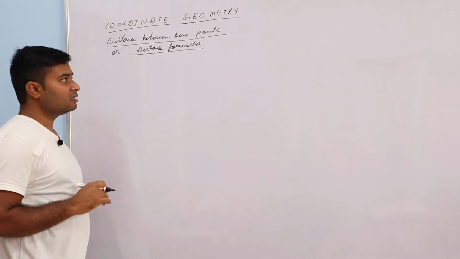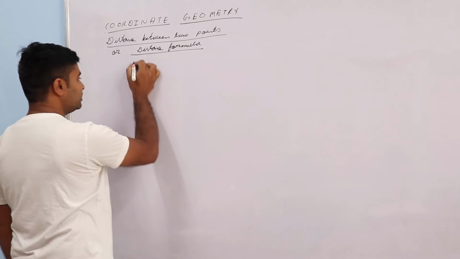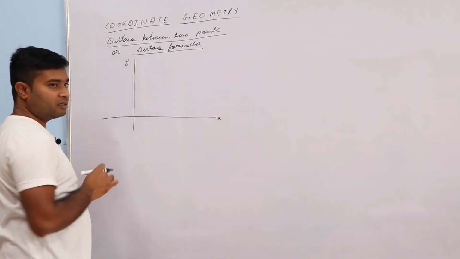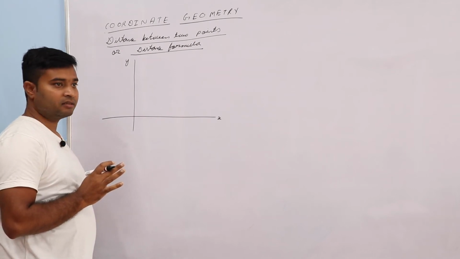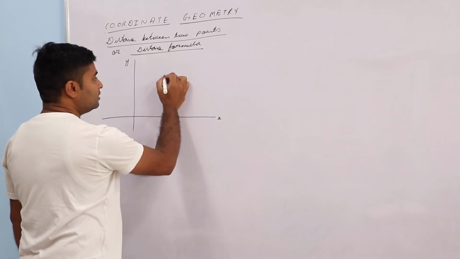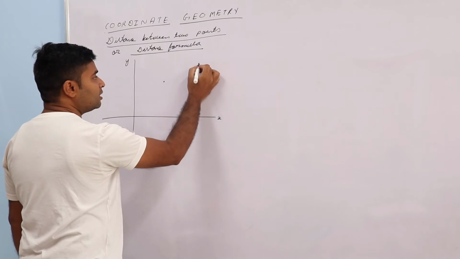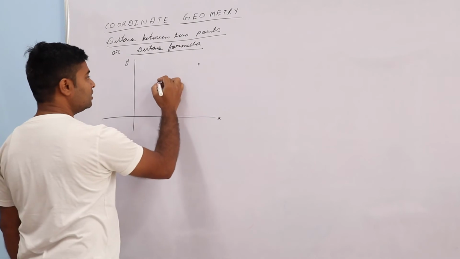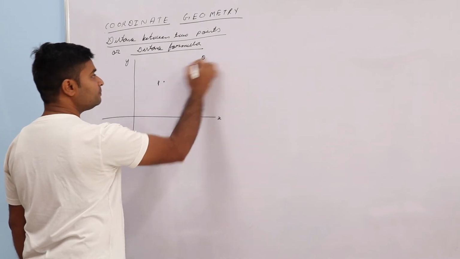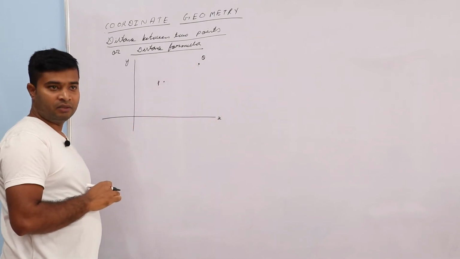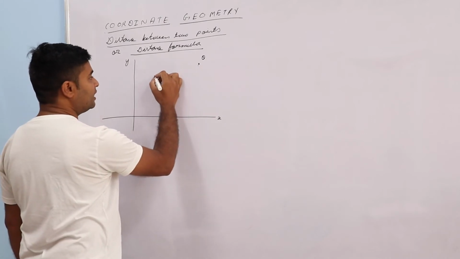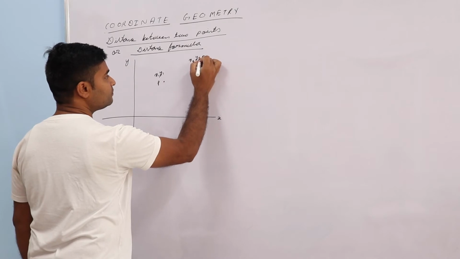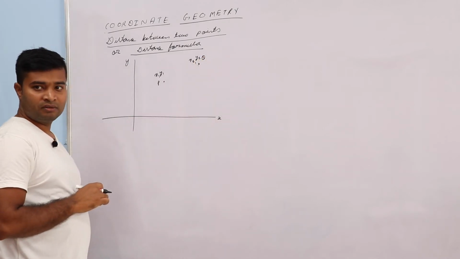Both are the same only. Now see, this is the coordinate system. X axis, y axis, coordinate system. You know, right? Acha. One point and some other point is given. 2 points are given. Think this name is P, this name is Q. P and Q. Think this point coordinate is x1, y1. This is x2, y2.